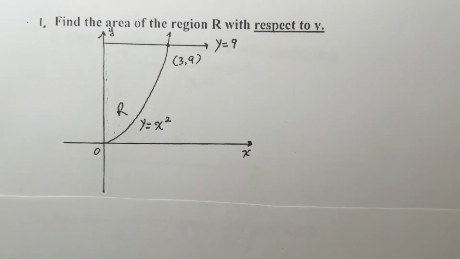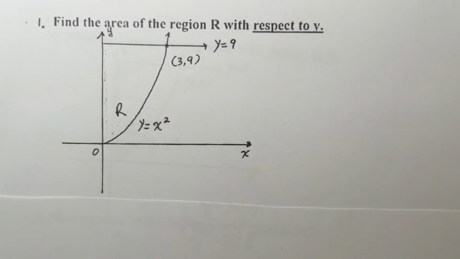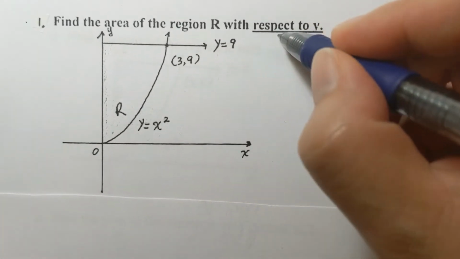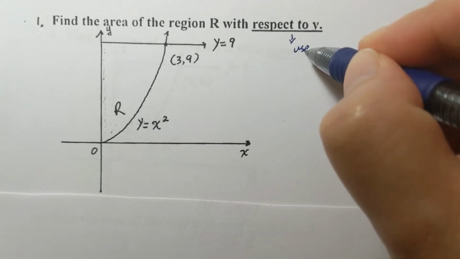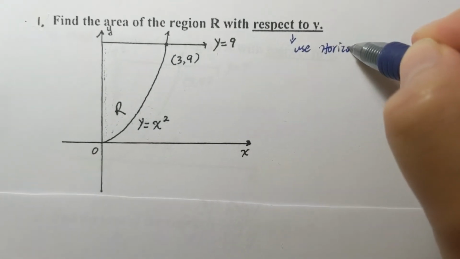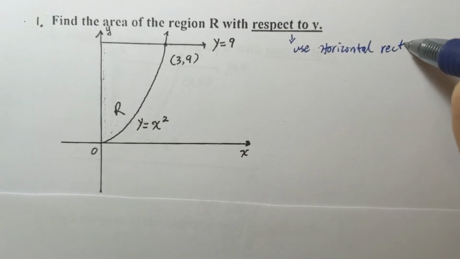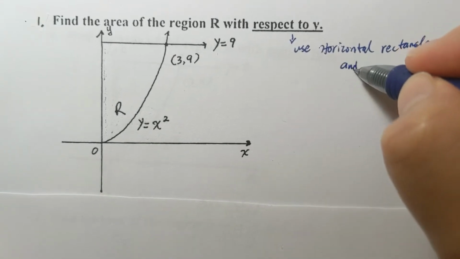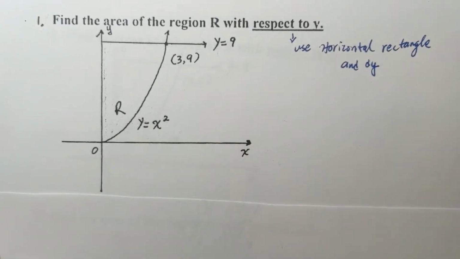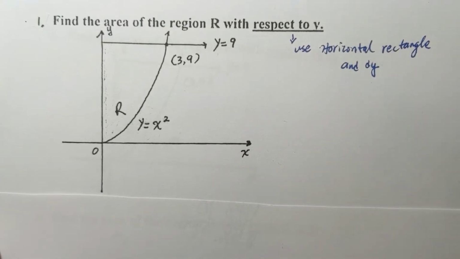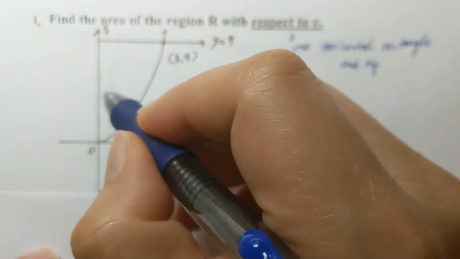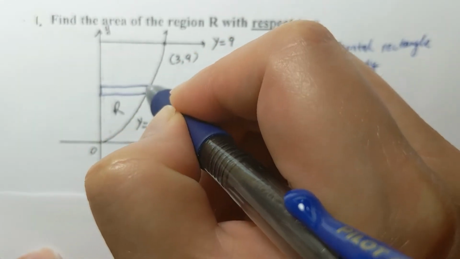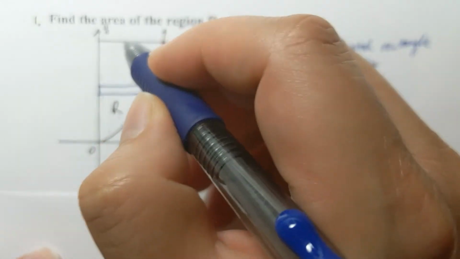Hi, good morning. Today we're going to continue with finding the area of region R with respect to y. With respect to y basically means use horizontal rectangles and dy. So we talked about it before. We are going to use Riemann sums. So you're going to draw infinitely many rectangles. This time you're going to draw the rectangles horizontally. So imagine that you draw a lot of rectangles this way, and then your